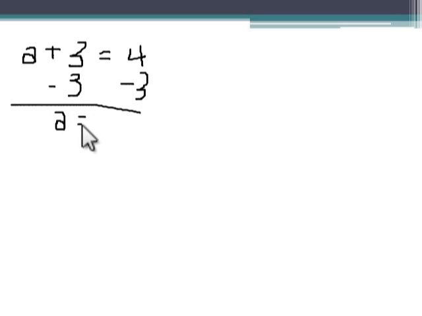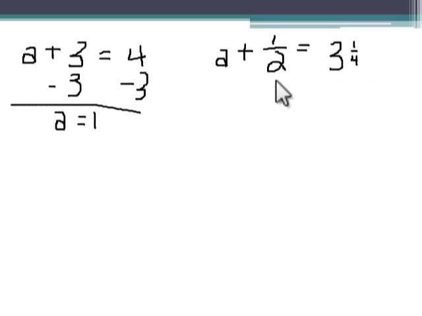Now, if these were fractions, we would do them the same way. Meaning if I had a plus a half, and it equals 3 1/4, then I would subtract a half. I would invert the plus half by doing its opposite. And you know how to add and subtract fractions. So of course on this side we have just a,